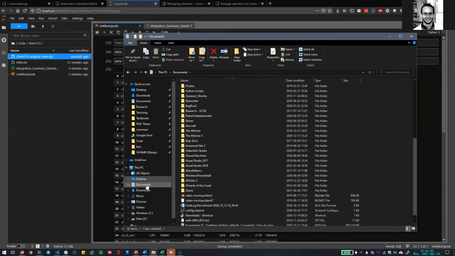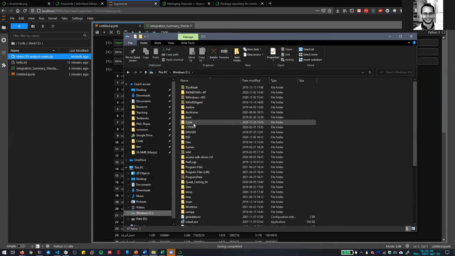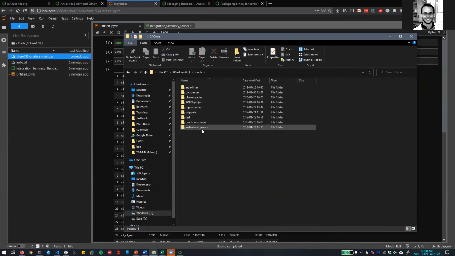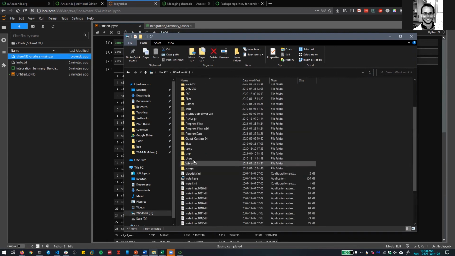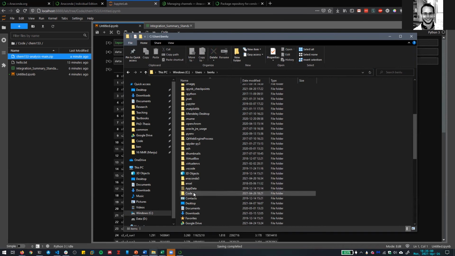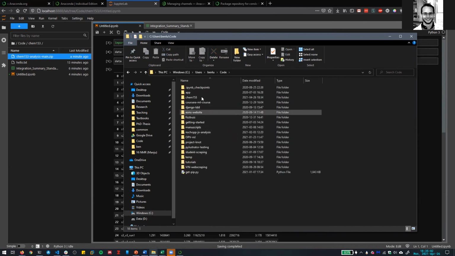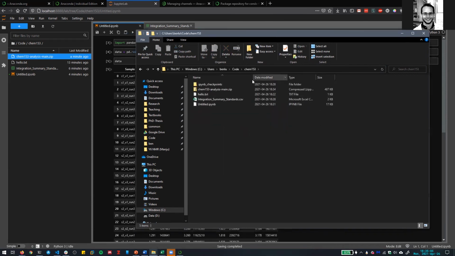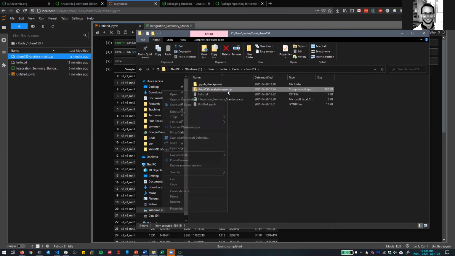Nope, I might need to go to C code. There it is. Nope, C users. Here we go. Code. There it is. So yeah, once you navigate here in your file explorer, then you should be able to extract